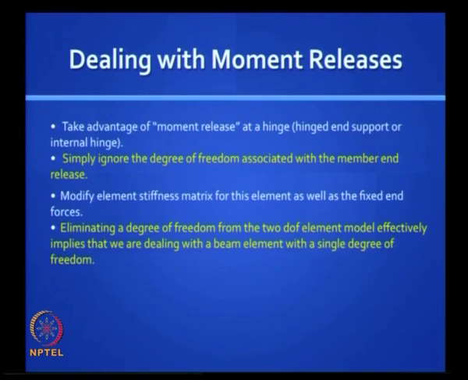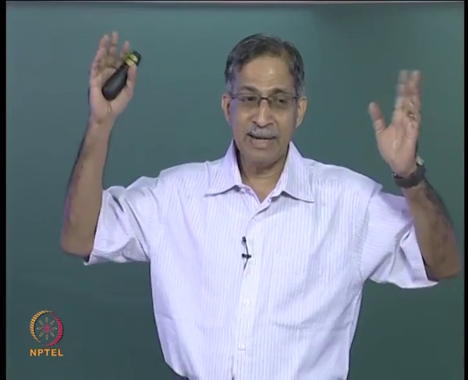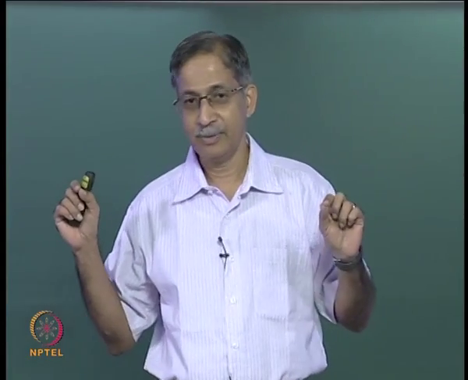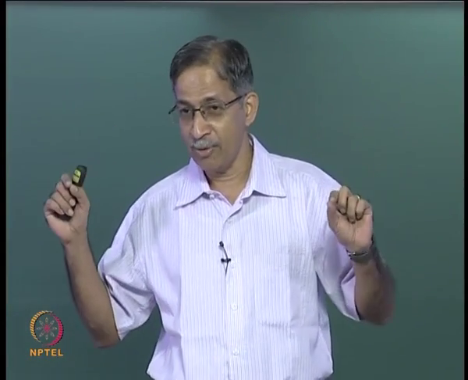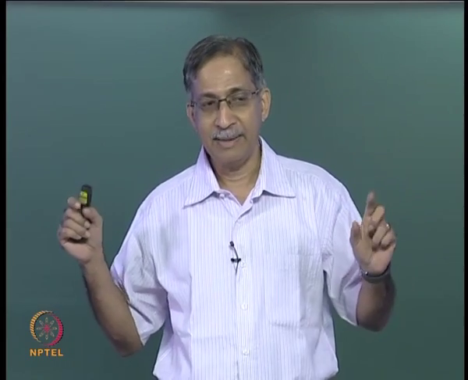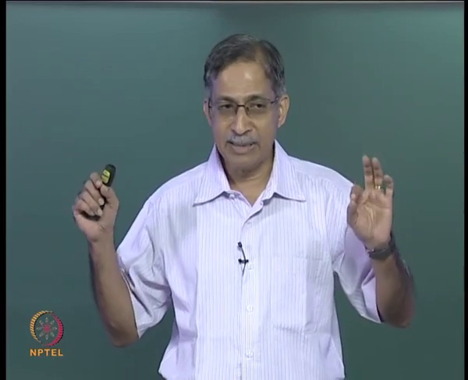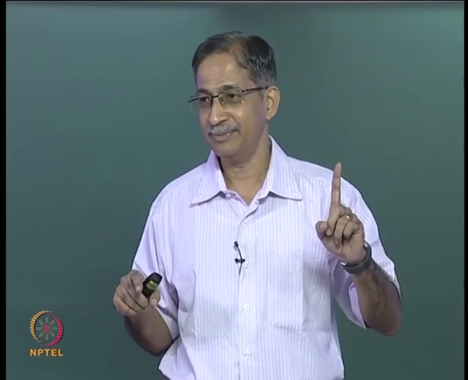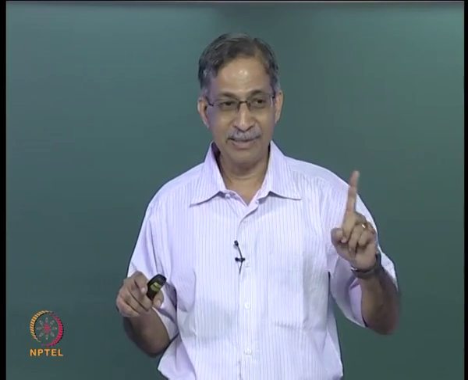And the big change that you get is, in the conventional stiffness method, how many degrees of freedom did you have? 4. You dealt with a 4 by 4 element stiffness matrix. That reduced to 2 when we did the reduced element stiffness method, where we did not take any shortcuts. That will now further reduce to 1.